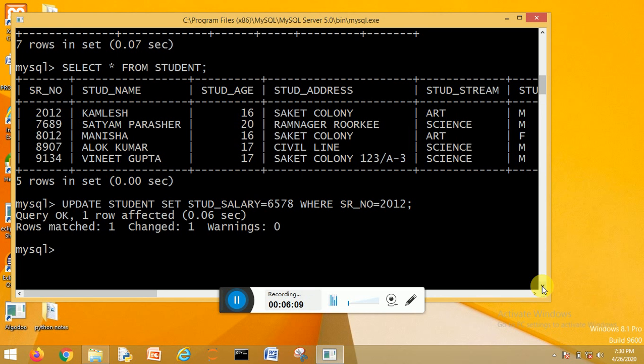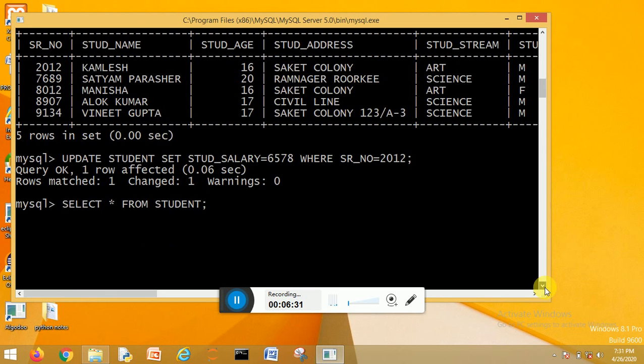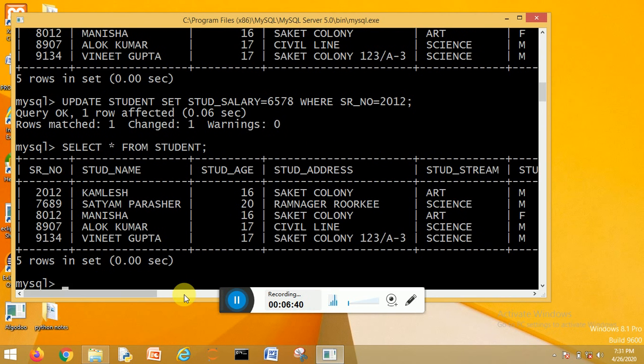And always remember, this student salary is updated for only SR number 2012. And you can check over here: select star from student.